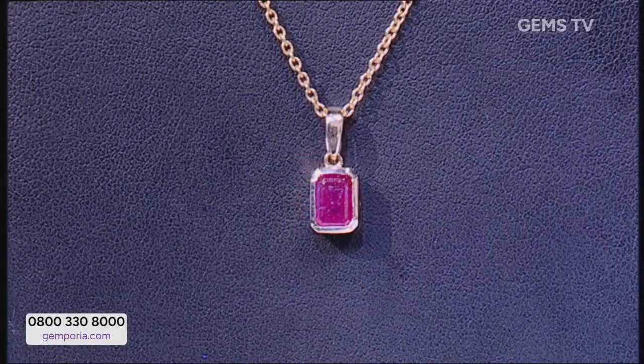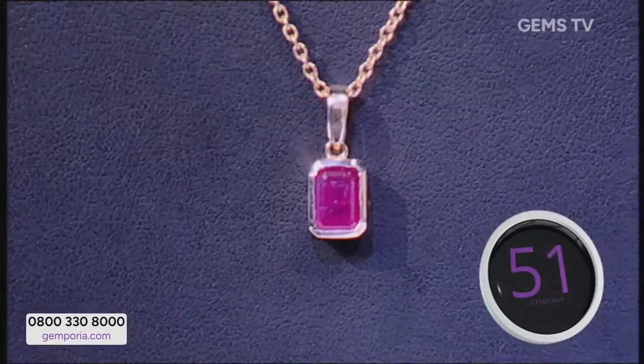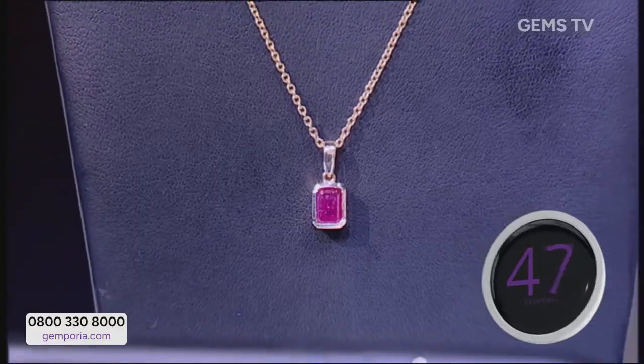Now, I'm not going to open anything for pre-order until 60 seconds' time. This is a ruby from the gem-rich isle of Madagascar, and in 60 seconds' time I'm going to tell you why rubies from Madagascar are going to disappear from the market, and no one's talking about it. But before we talk about why this ruby is so extraordinary,